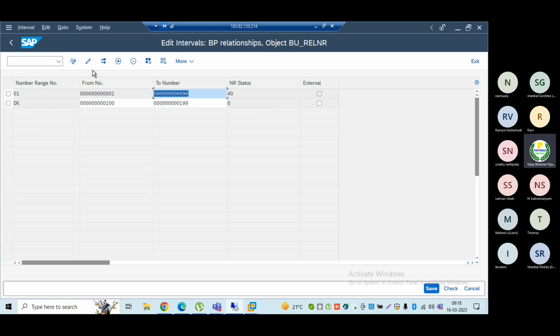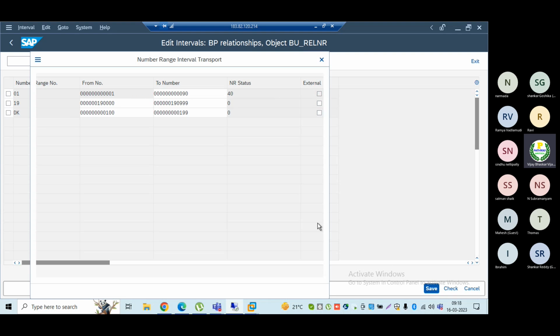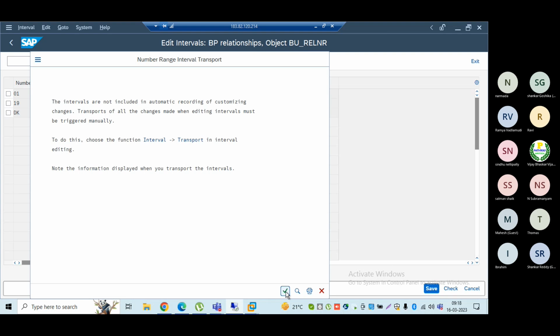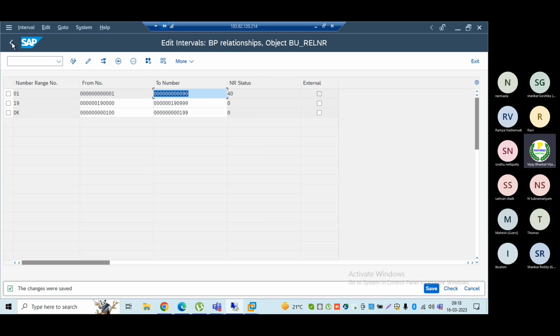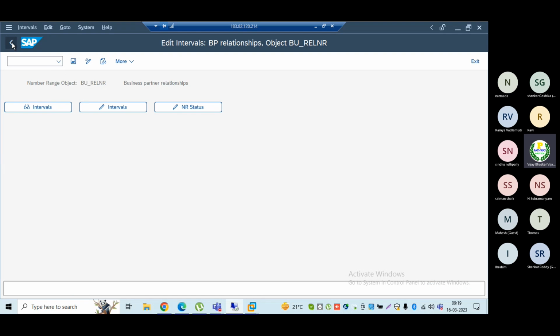Let us add the same number, 19, 190000 to 190999. This number range is for the BP. Maybe we can generate the same number here. Let me enter and save this one.